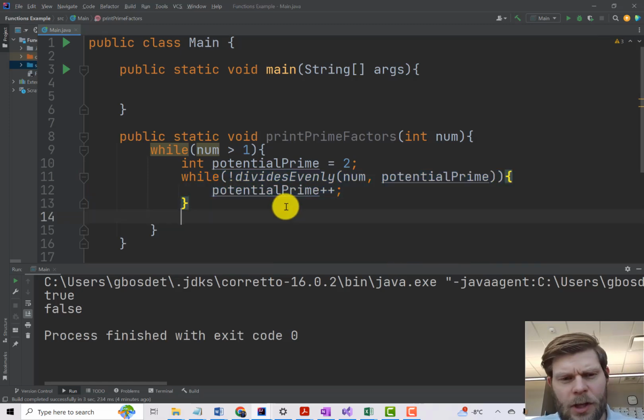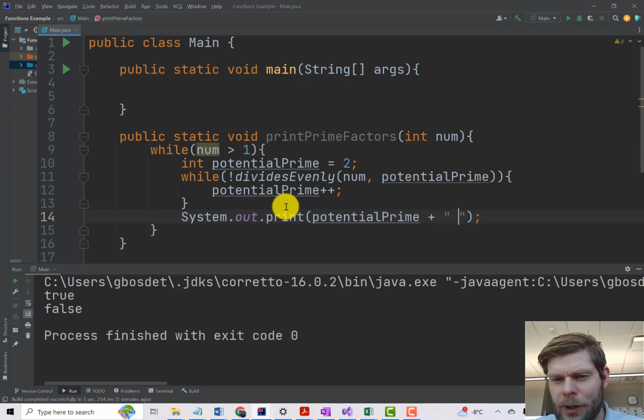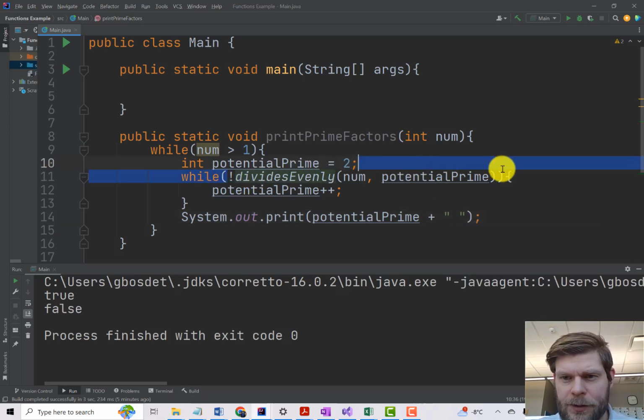So at this point, I'll just be like, all right, I found a prime number, I want to print it out. So if I do a print statement, if I just do print so it keeps going on the same line, print my potentialPrime, and I also want to add a little space just so they're not all stuck together into one giant number, because that would not be so easy to read. So this just prints the potential prime I found, or the actual prime we found at this point after this while loop has executed. The only way to escape it is if num is evenly divisible by it, because that's the only thing that'll make this whole statement with the not false. So I print that and a space, and then